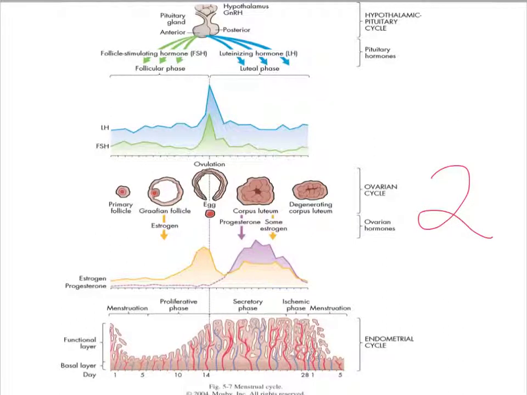Now we'll talk about the ovarian cycle. Notice that in the ovarian cycle there are two phases, the follicular phase and the luteal phase. The luteal phase is 14 days long, so in other words it lasts from ovulation, that spike in luteinizing hormone, until the woman has her period. If a woman's cycle is shorter or longer than the average 28 days, it's the follicular phase that varies in length. Before ovulation, the follicle stimulating hormone signals a follicle to begin to mature, and about 1 to 30 follicles develop in each